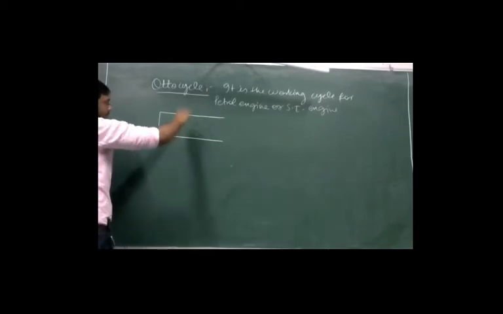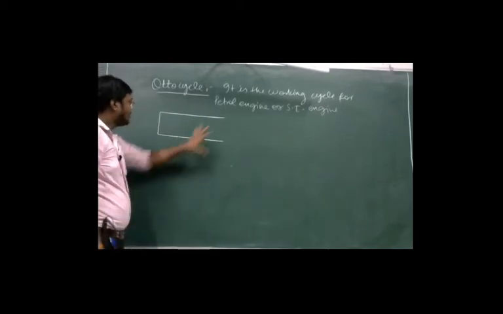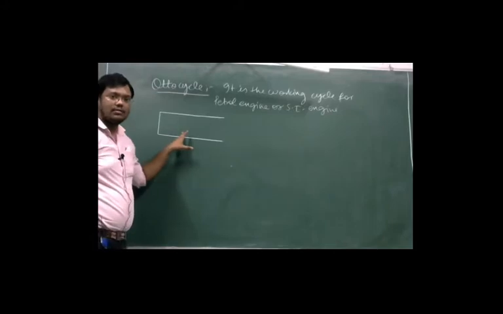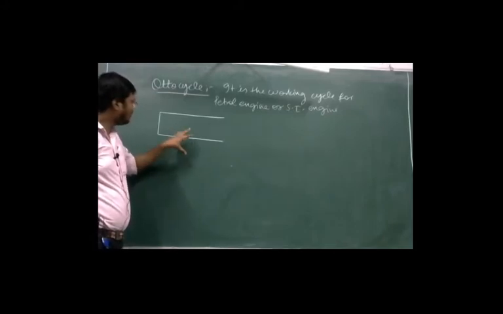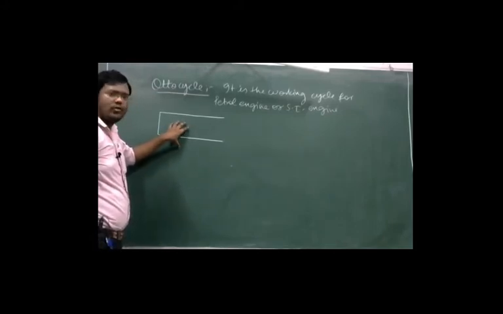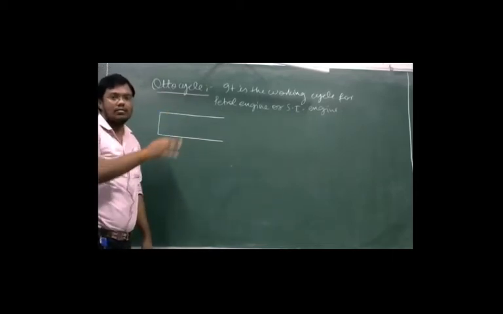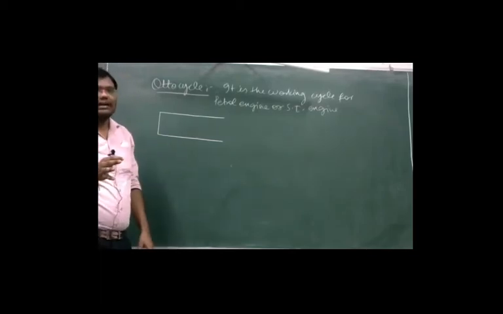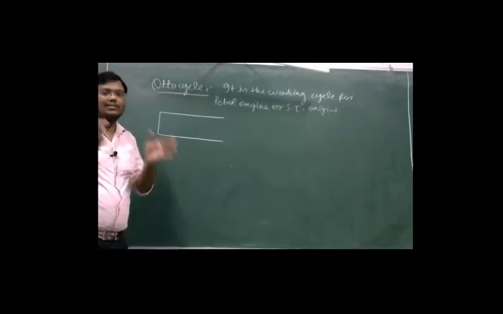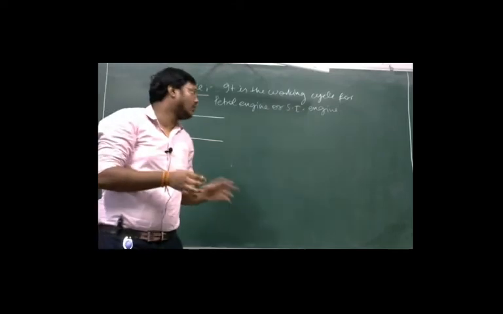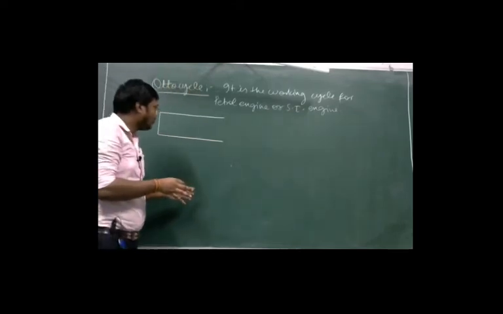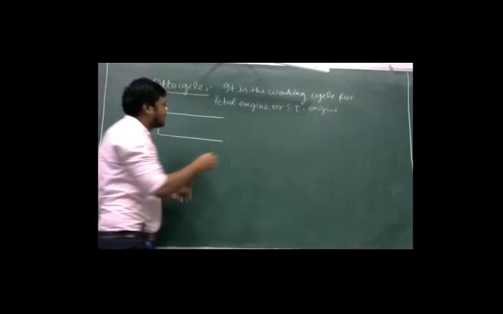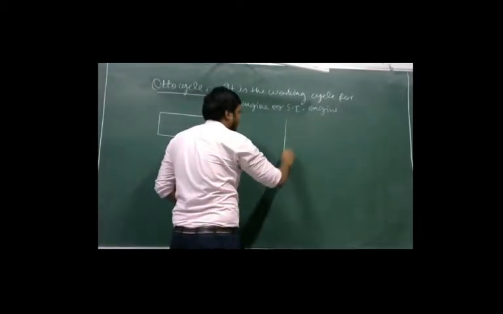This is the engine cylinder. Okay. This engine cylinder is in horizontal position. You can put it in horizontal position or put it in vertical position. We have studied that in classification also. On the basis of position, there are different types of engines: vertical cylinder engine, horizontal cylinder engine.